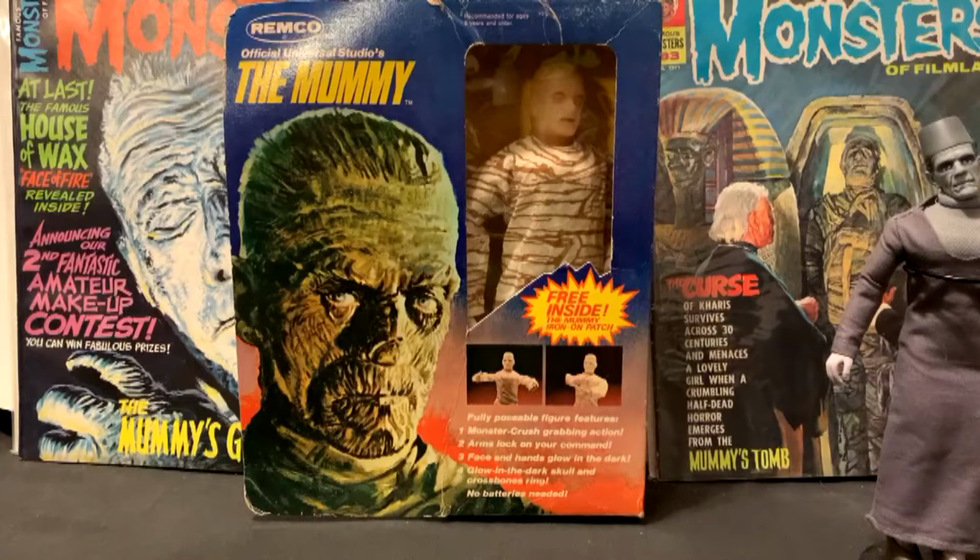It is a boxed version. It comes complete in the box. And those of you that have seen some of my earlier episodes, you know how much I enjoy the REMCO line, especially the songs associated with the figures. REMCO Frankenstein, of course, which was, REMCO